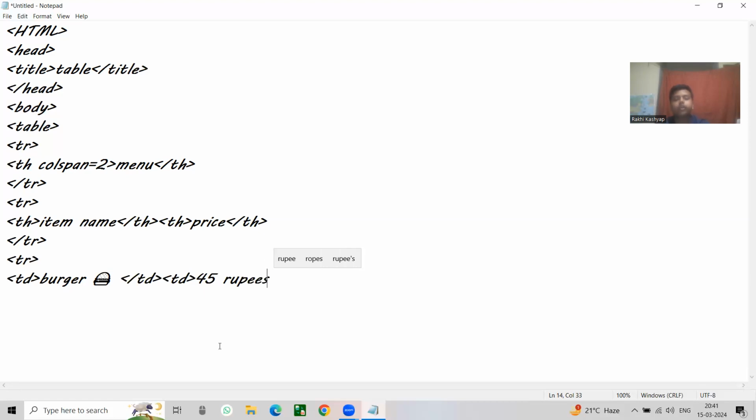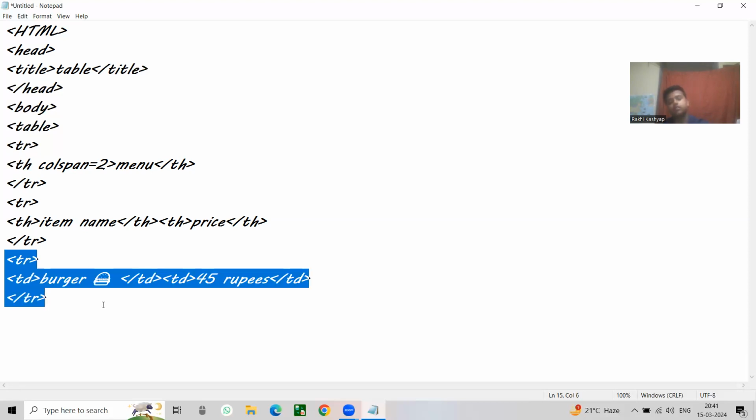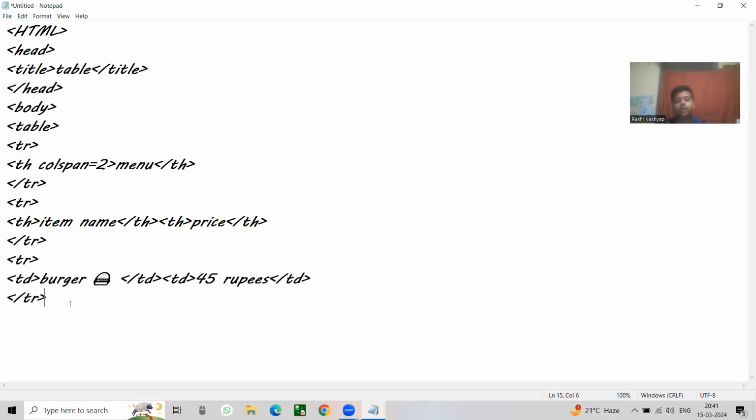Rupees, okay. And after that, we have to close the table data, td, okay. So then we have to close the table row as well, slash tr, okay. And we can do anything which is the same like this. For example, I just copied it and then we have to paste it. Instead of burger, I'm going to write fries,